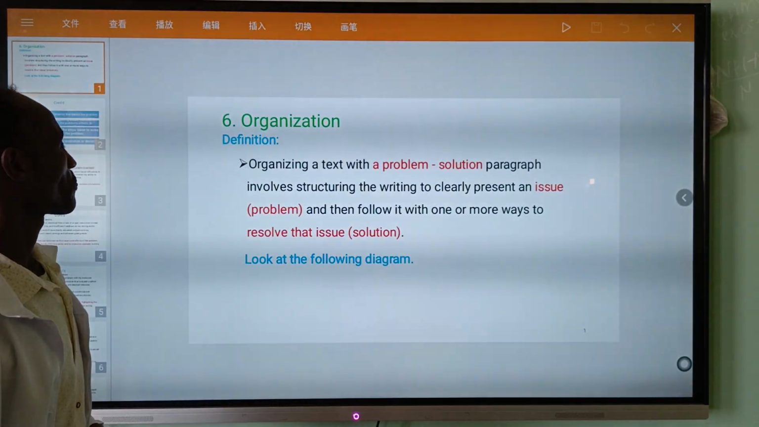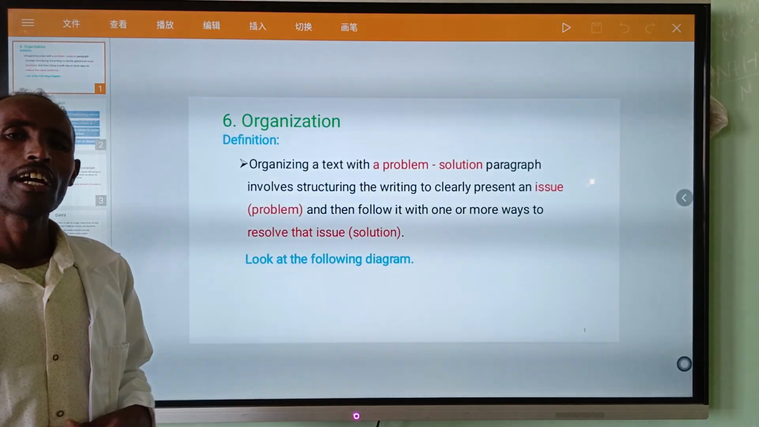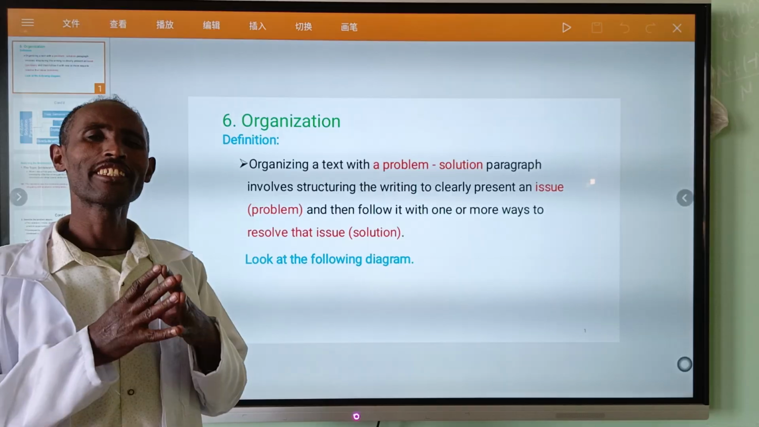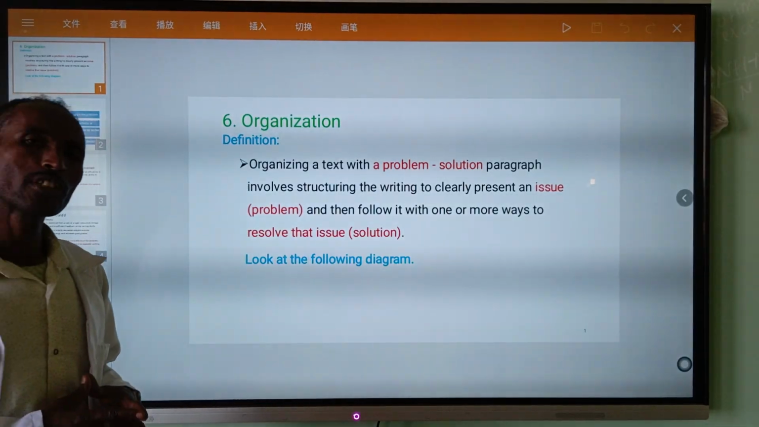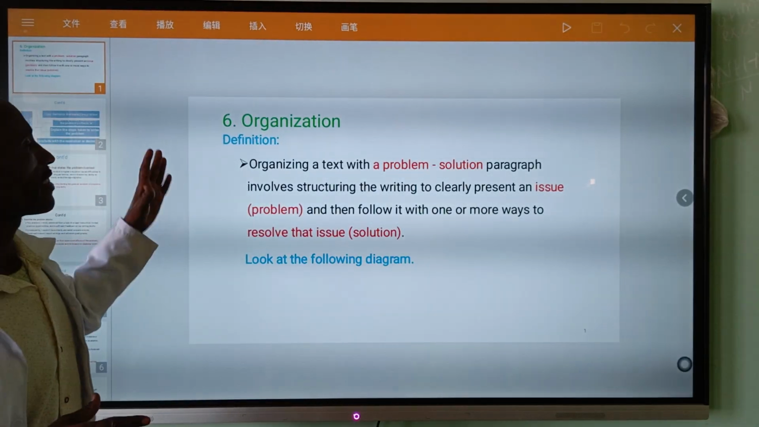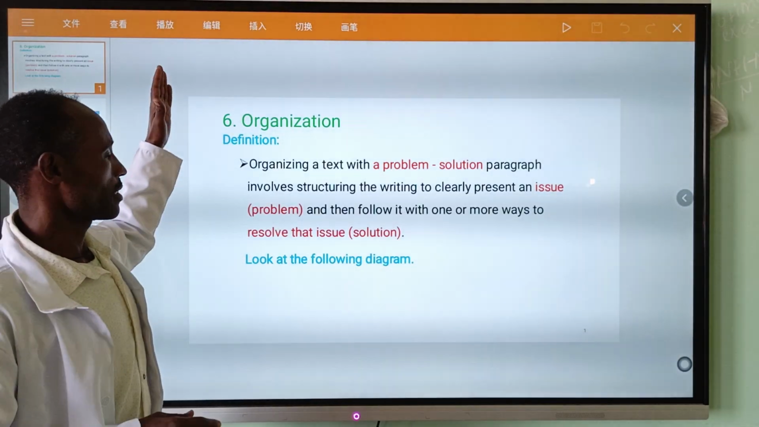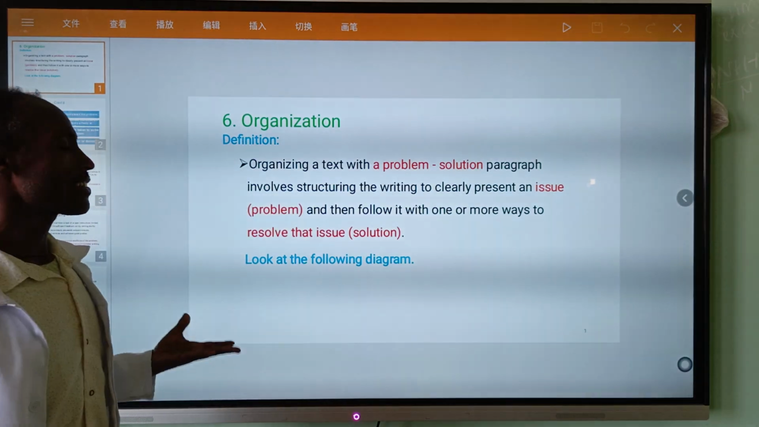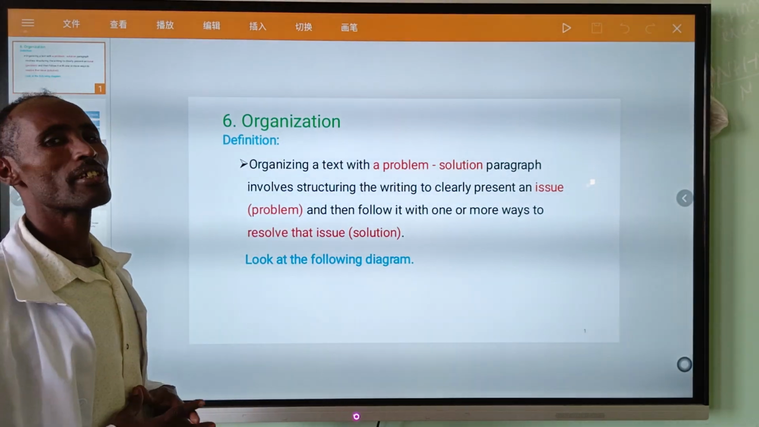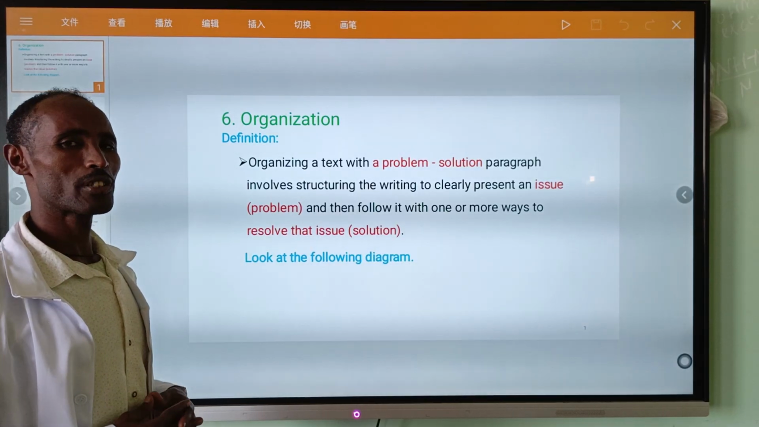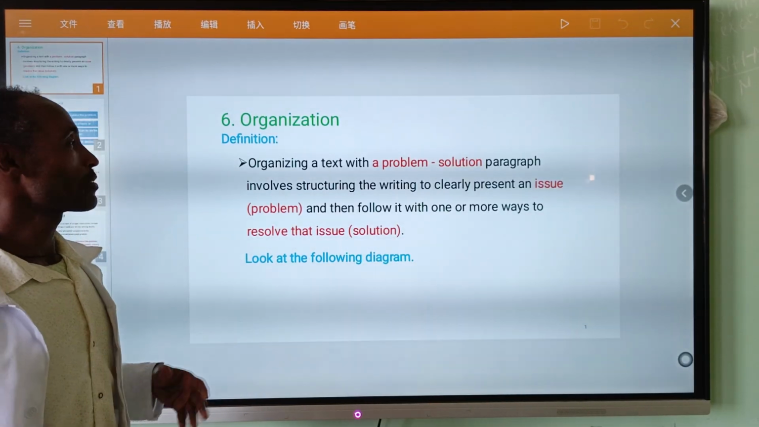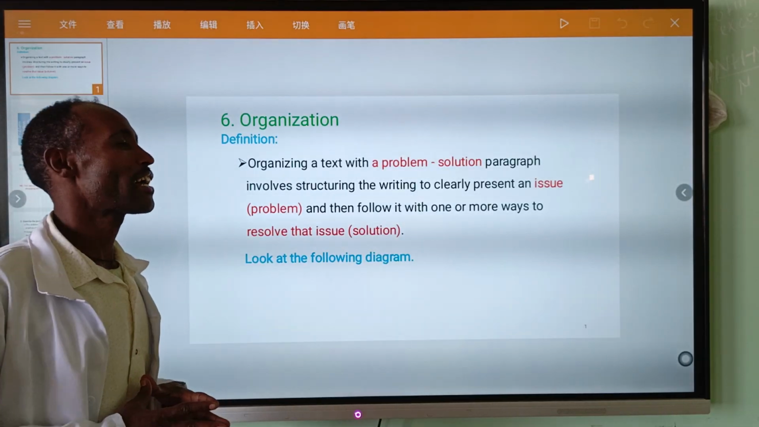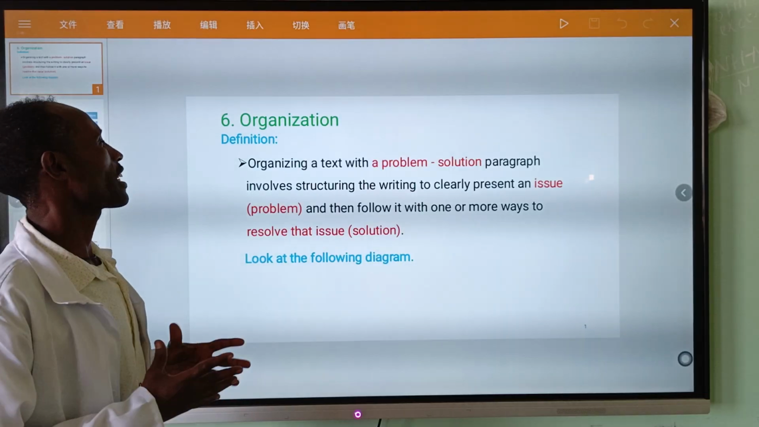Therefore, by the end of this lesson, you will identify a statement of the problem, supporting details, as well as conclusive statements. From the very beginning, having said this about the learning objective of our lesson, let us talk about